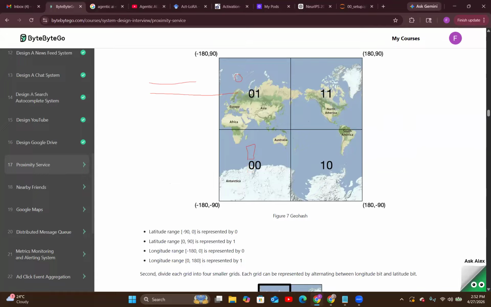So here latitude range between 0 to 90 will be represented by 0, and latitude range between -90 to 0 will be represented by this thing. So next thing we can do is, we have this latitude range, and then we can say that longitude range between this is represented by 0 and 1. Now that we have these 4 quadrants, next we can further subdivide